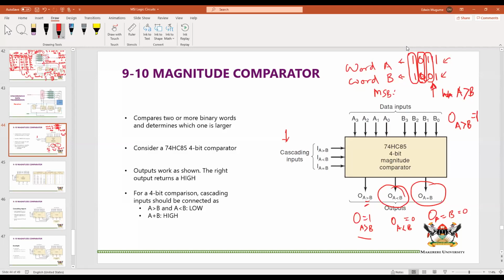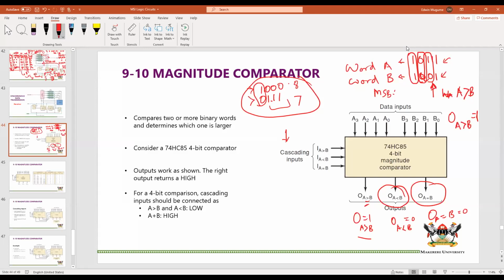That is how we compare words. If I have 1000 and 0111, I compare this. Even though this side has zeros and these are ones, this word is always larger than that word, because in the most significant bit position, one is a 1 and the other is a 0. So in fact, this is 7, for instance, and that is 8 if you were to convert into decimal